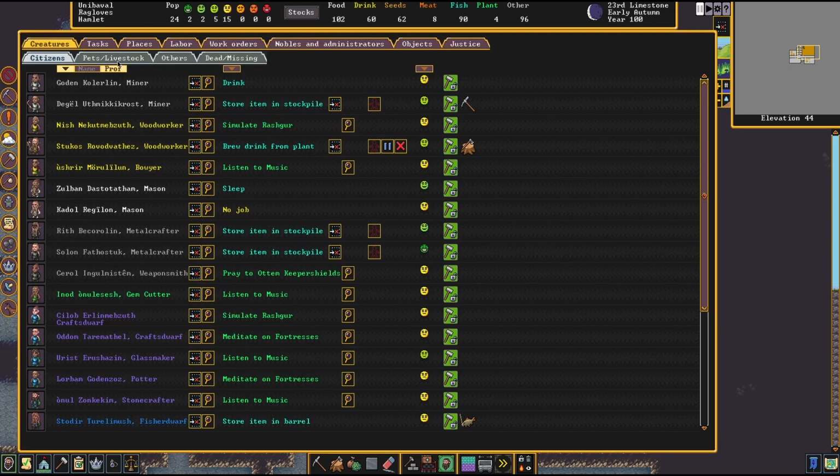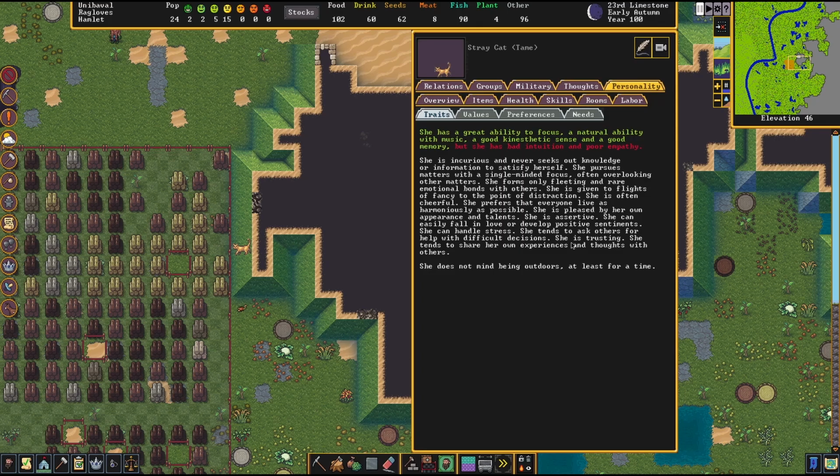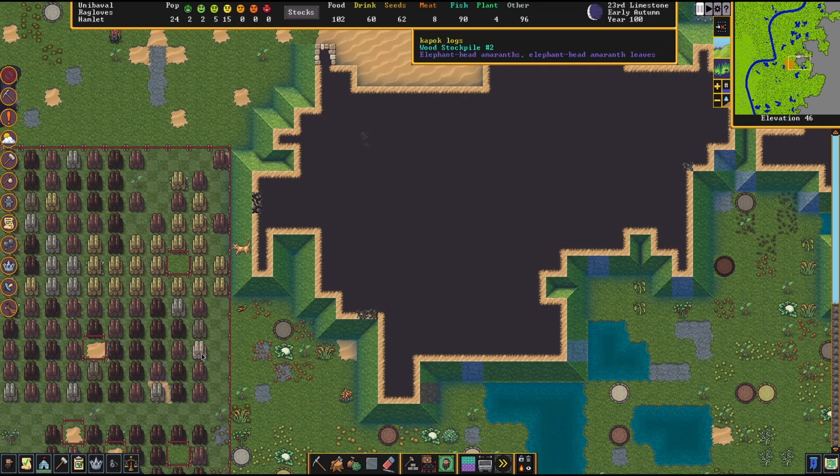Can I see the other cat, please? Hello. And you are agile and sickly. She was blissful after a bath. Oh dear. Annoyed when caught in the rain. That's accurate. She has a great ability to focus, a natural ability with music, a good kinesthetic sense, and a good memory, but she has bad intuition and poor empathy. She is incurious and never seeks out knowledge or information to satisfy herself. She pursues matters with a single-minded focus, often overlooking other matters. She forms only fleeting and rare emotional bonds with others. She is given to flights of fancy to the point of distraction. She is often cheerful. She prefers that. This is not as fitting as the other cat